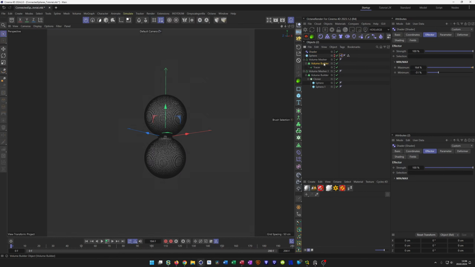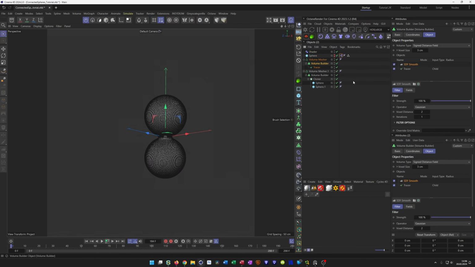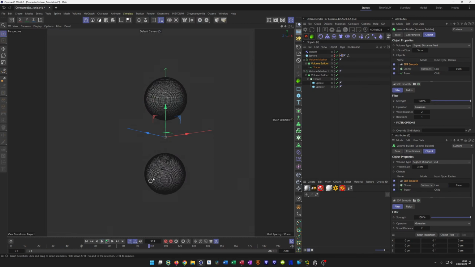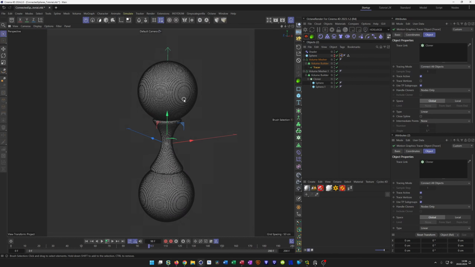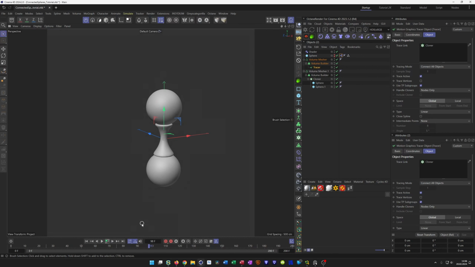everything should work. Let's see the first. Here we have a little thing. Now we have to bring in the cloner here, and we subtract the cloner from here. So when we hit play, oops, here we should see something. Ah yeah, in the trace we have the two spheres. In this case we have the two spheres in the cloner. So I delete this and bring in the cloner instead. Now you see we have it. And when we animate this